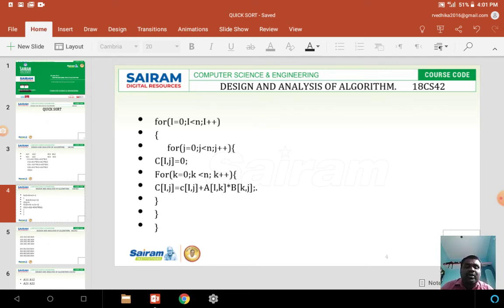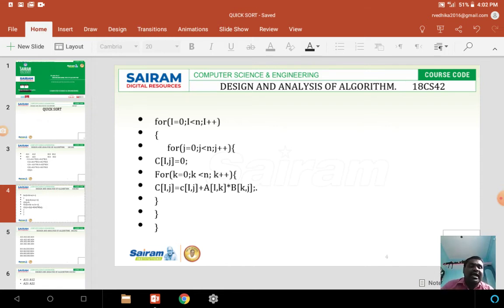In the divide and conquer method, matrix multiplication means a 2 by 2 matrix will be the simplest one. We can have n number of n by n matrices, but if the size is too large, it will take more time for computation. So for that purpose we have to divide the problem into sub-problems, and each sub-problem will be solved individually. Then the resultant values will be combined together to give a solution for the main problem.